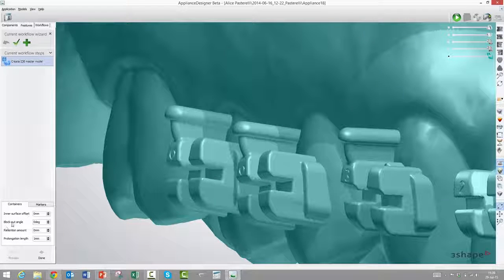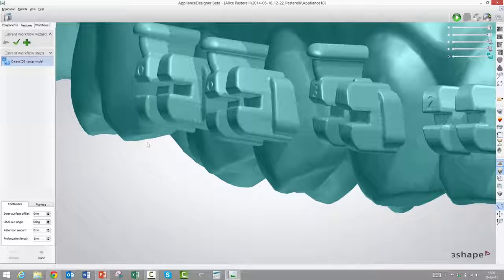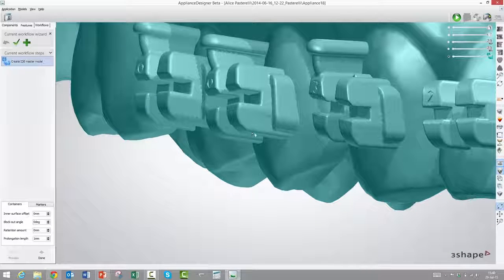The next one is called blockout angle, and what it does is that it makes the walls of this added material tapered. If we increase the blockout angle, then it will angle out, and that is to accommodate friction questions. If the material is very hard or just has a high inherent friction, then we can either make the walls tapered or make this entire container a bit smaller.